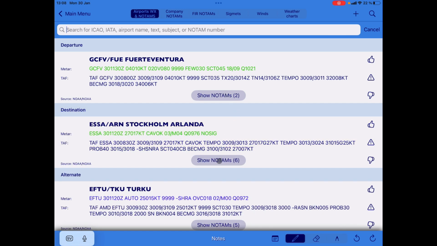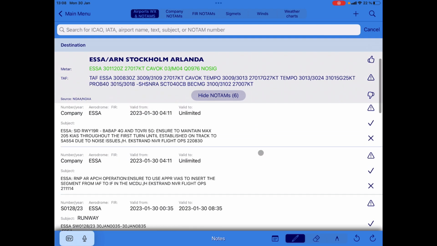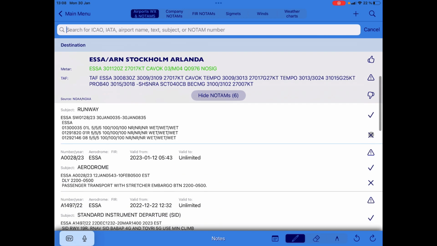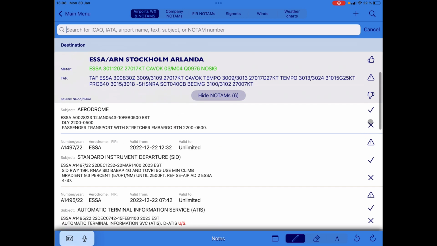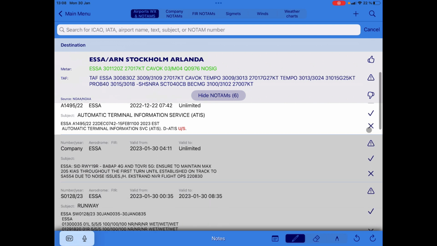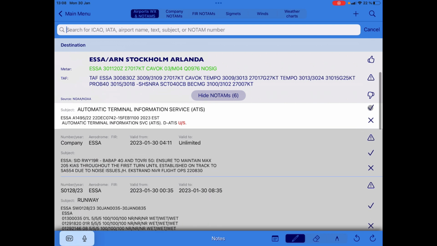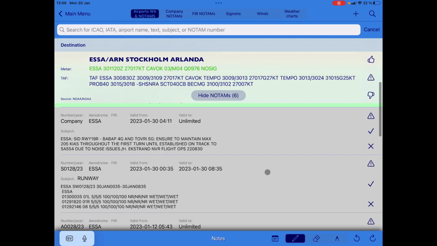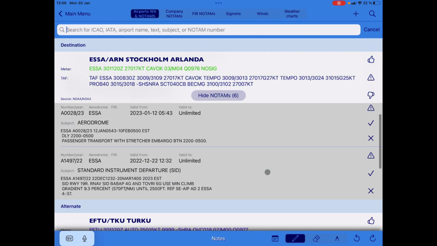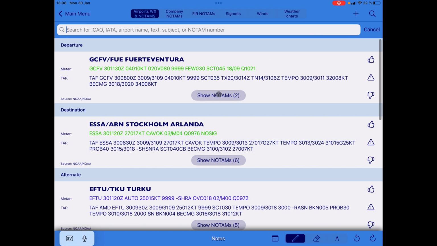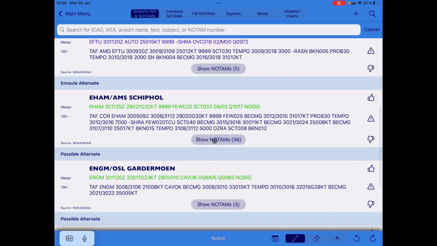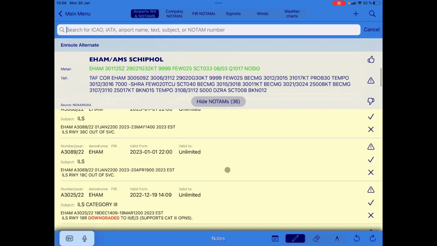So we go through the NOTAMs on each airport and we tap the appropriate button. This is not important, not so much. And in the end, you will have the important or unmarked NOTAM at the top, the not so important one followed, and then the not applicable ones. So it's easy when you have a few NOTAMs, but if you come to an airport with a lot of NOTAMs, when you have gone through them, if you show them, you will see the important ones immediately, instead of having to